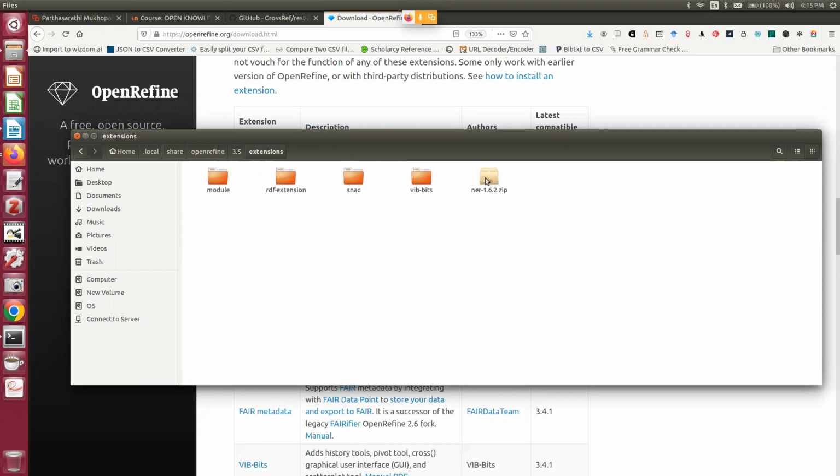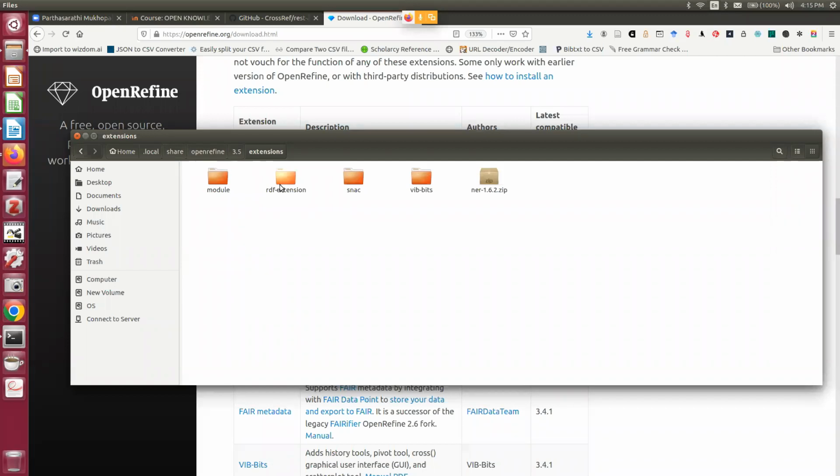So I extracted it here, and it created a module folder. So every time you are collecting a plugin, directly place your original plugin file here, because maybe later on you may not find that particular folder after 3 years or 4 years. So place it here, then extract it and restart your OpenRefine. After restarting OpenRefine, all of these extensions will come into effect. So that is the golden rule of extension